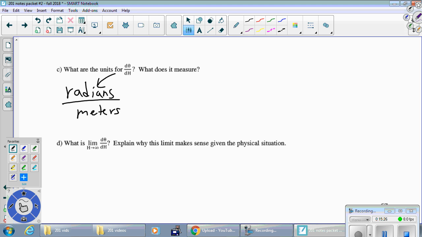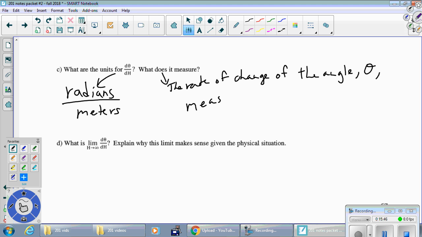It measures the rate at which the angle is changing as h changes. Rate of change of the angle, theta, measured in radians per meter. As h changes, but I'll just say as the point